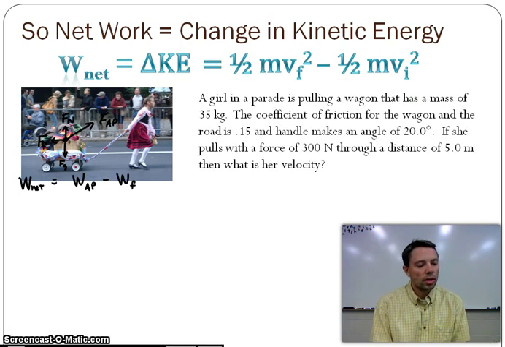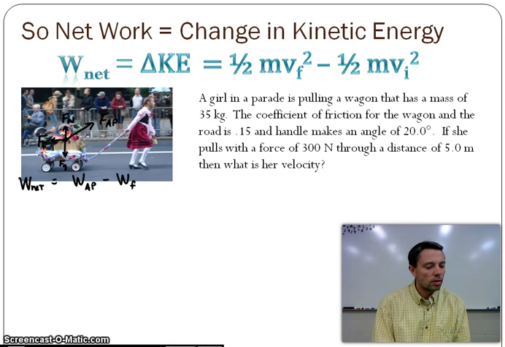So a girl is in a parade. She's pulling a wagon that has a mass of 35 kilograms. The coefficient of friction for the wagon in the road is 0.15. And the handle makes an angle of 20 degrees. So if she pulls with a force of 300 newtons through the distance of 5 meters, then what is her